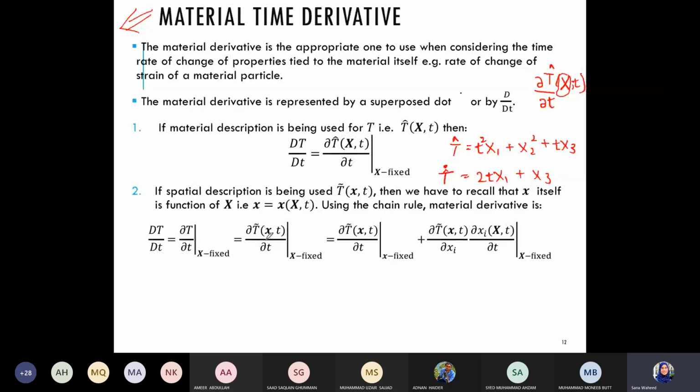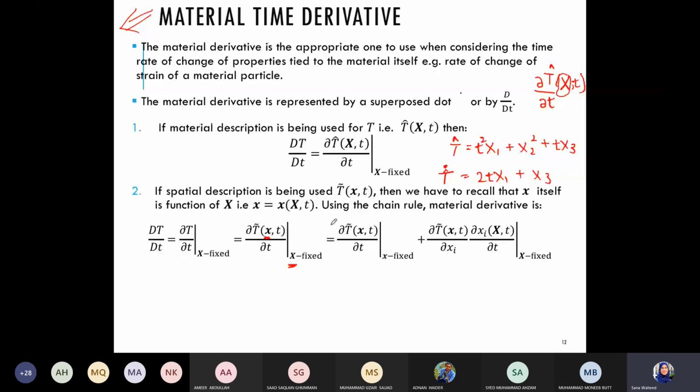So the only way to resolve this issue, of how to keep small x fixed when what I have to keep fixed is capital X, is to recall that this small x can also be represented as a function of capital X, such that then I can use a chain rule. Or what that chain rule is, that if I want to find the partial derivative of a function of small x with respect to time, keeping capital X fixed, then that is actually equal to